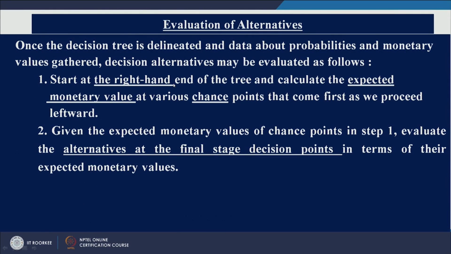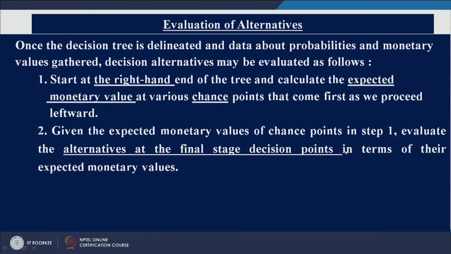This is the most important step. In evaluation of alternatives, we have a decision tree. So, we start at the right hand side of the tree and calculate expected monetary value at every chance point. So, we move in decision tree analysis from